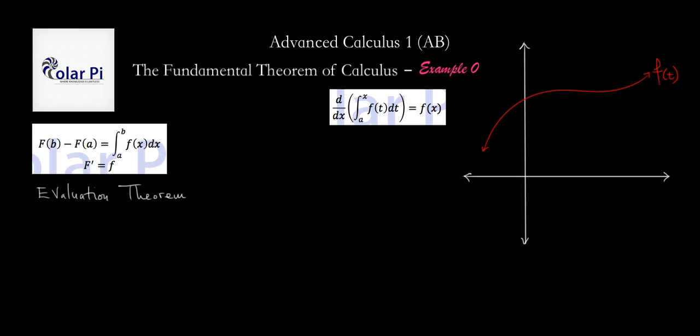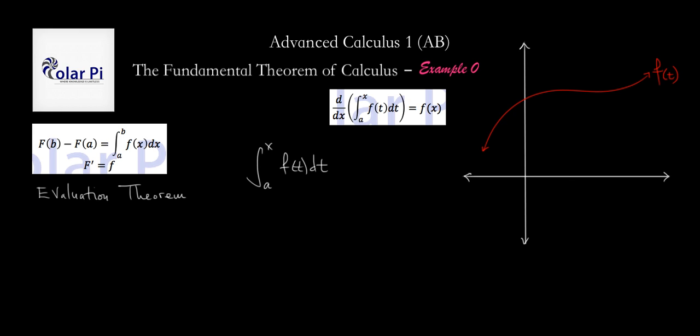Yeah? But you still have some lingering questions like, that's a t, that's an x, and so on. And this is a very basic explanation. So here's a slightly better second explanation, and we'll offer more. And the slightly better second explanation starts with the integral. So if we look at the integral from a to x of f of t dt,